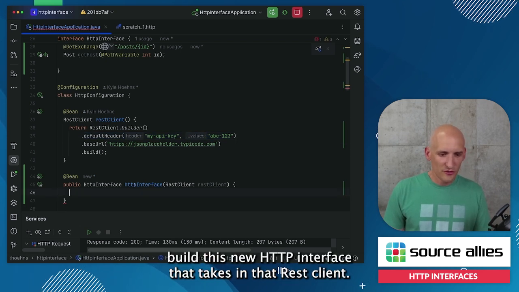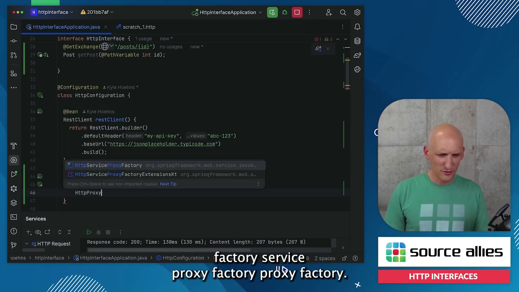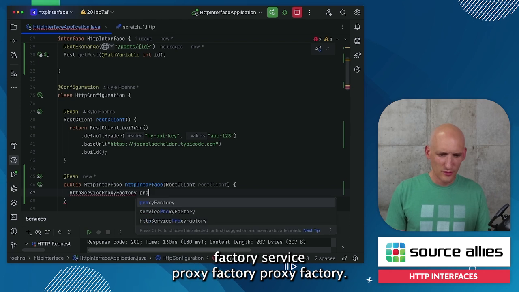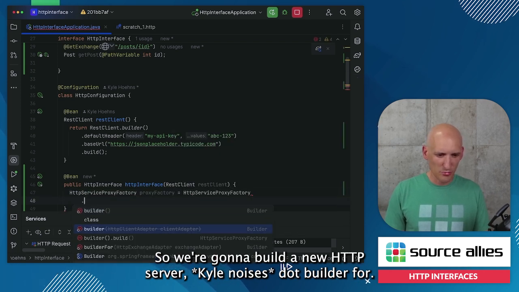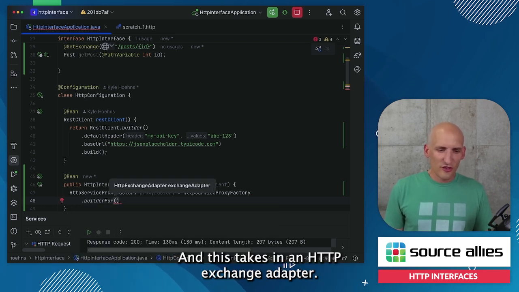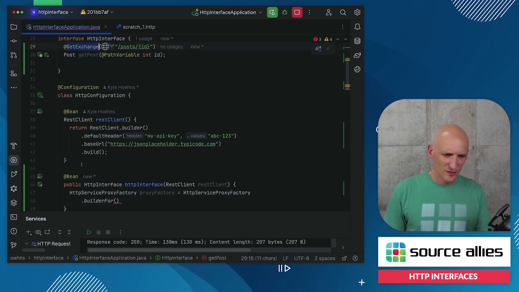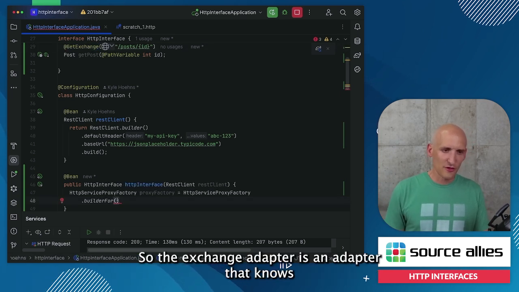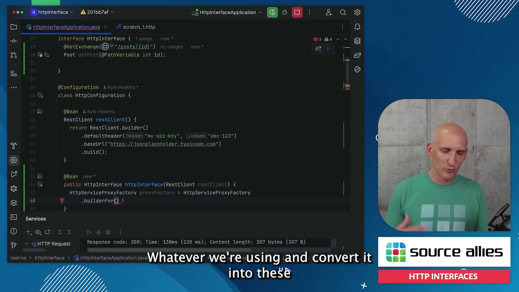So we're going to build this new HTTP interface that takes in that REST client. And here there's an HTTP, I believe it's proxy factory, service proxy factory. So we're going to build a new HTTP service proxy factory .builder for, and this takes in an HTTP exchange adapter. Remember we talked about the get exchange up here. So the exchange adapter is an adapter that knows how to take our REST client or a REST template or a web client, whatever we're using, and convert it into these